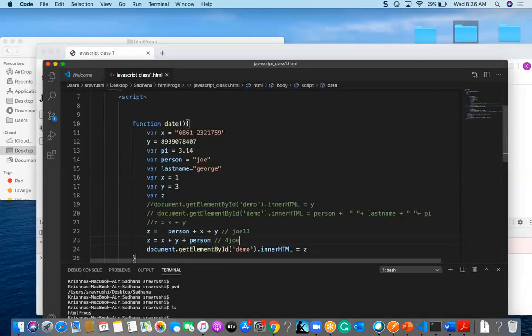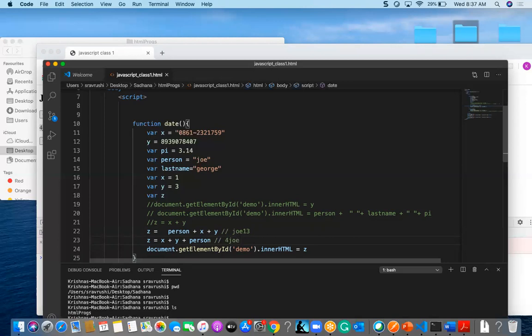So it will go and add if it finds arithmetic operations before the string. When it executes, it goes from left to right and checks that the first value is an arithmetic operation. Let us do that operation, and it will concatenate the string further, whatever it gets. If it is a string at the very first point, whatever comes next, it will consider as a string only.